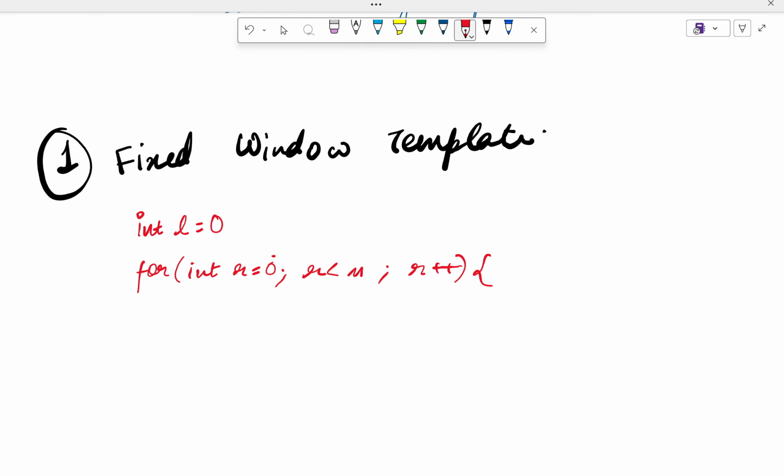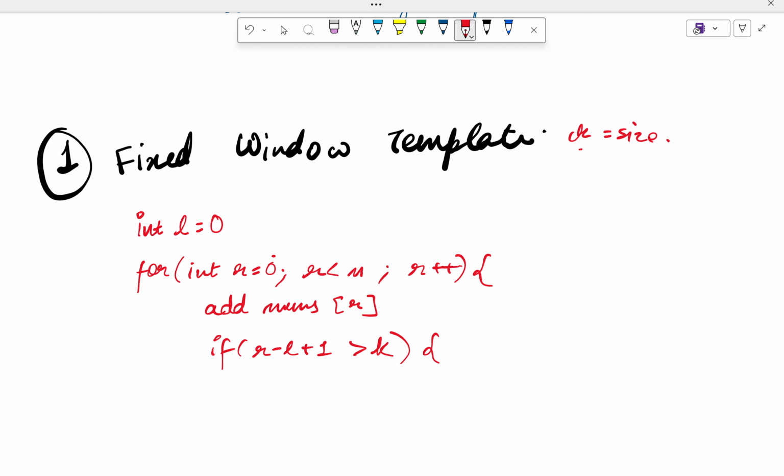So these are the left and the right pointers. Now we go ahead and add nums of r. Now we check the condition: if r minus l plus 1 is greater than k, which is the particular size of the window, where k is equal to the fixed size of the window, right? So if r minus l plus 1 is greater than k, then we